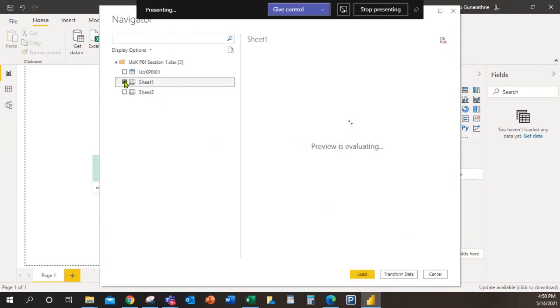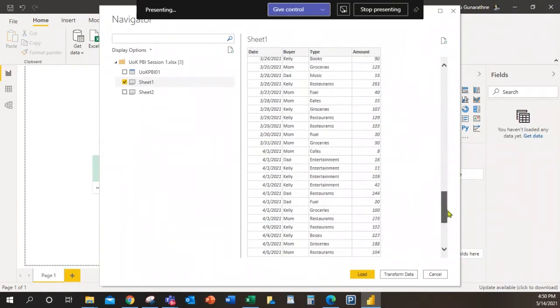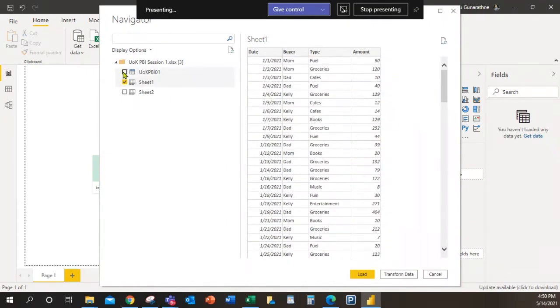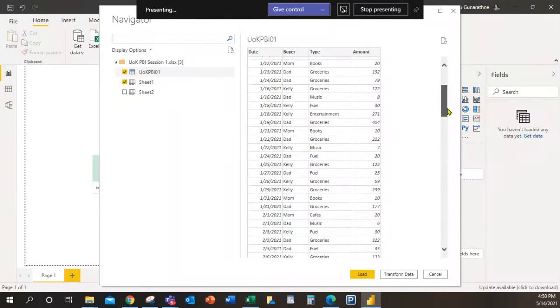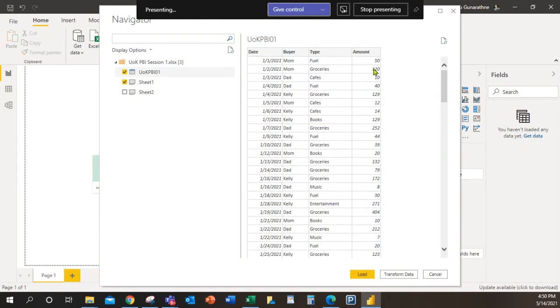Now let me select the sheet 1. In sheet 1 also I can see the same data set. And in this table also I can see the same data set. Okay. But the special thing is, let's say if you select this sheet, then if you updated your data set, sometimes it will not reflect in your data set because it's a sheet. Okay. But when it comes to a table, if you are updating the table, then it will automatically add rows into your existing table. Then it will automatically expand. So the best practice is creating a table instead of using a sheet for these kinds of dashboards.